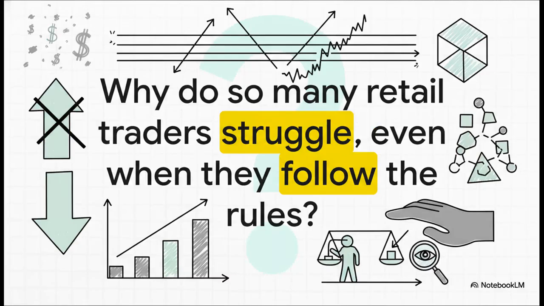And that's the million-dollar question, isn't it? So many traders learn all the classic patterns, they follow the textbook rules about support and resistance, they draw their trend lines, and they still find themselves on the wrong side of a trade, over and over again. This whole explainer is going to dig into one theory that tries to answer why that happens so often.